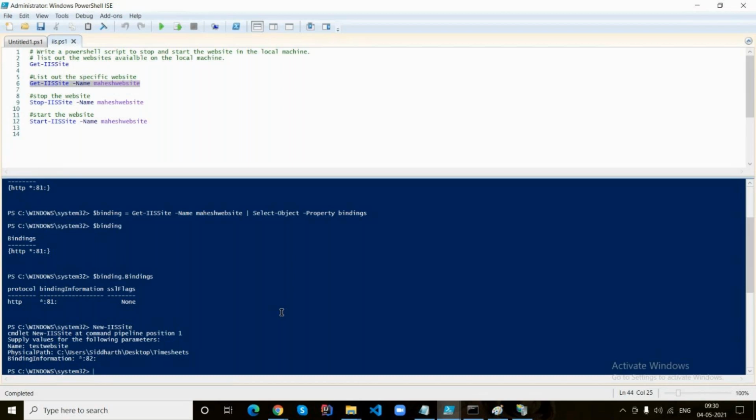So the new IIS site commandlet is expecting binding information, right? So that's why I didn't pass HTTPS. I just passed star colon 82 colon. That's it. Any questions about this?